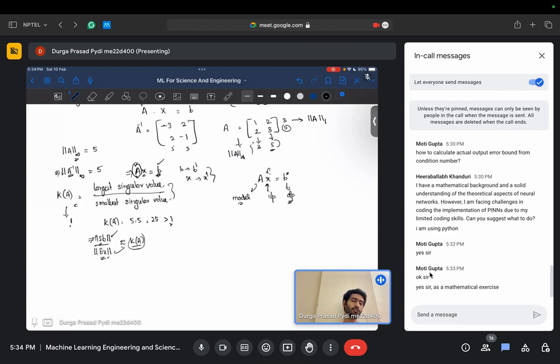But if you want to actually see the performance of your model, say you already trained a model, since we haven't actually dealt with the training, I'm just giving a simple example. So you know some x, you know some y. Now you found some a that gives a times x equal to y. Now using this model, you have some new input x prime. You apply this transformation, you get y prime as your output. If you want to know what the error bound is for this y prime, say how accurate your model is, you will not be able to say that,